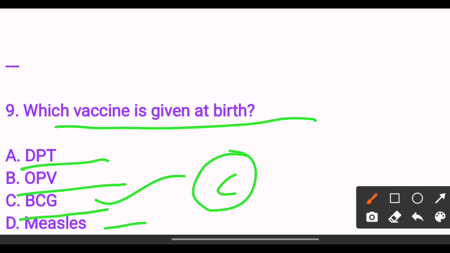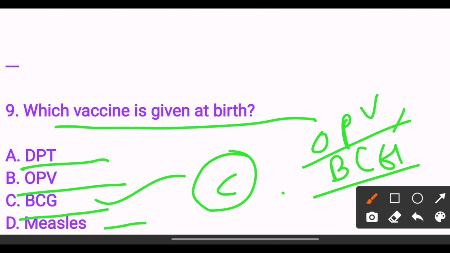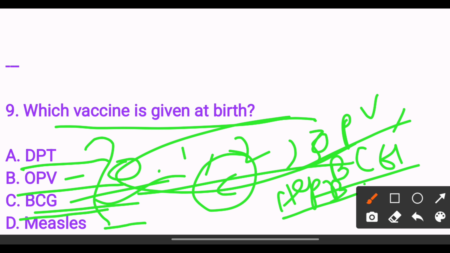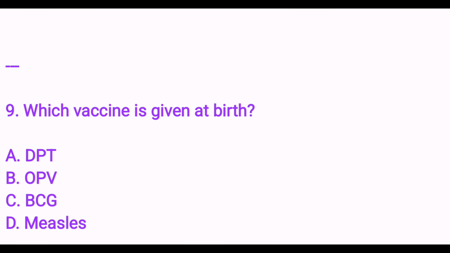In general, we give OPV, BCG and hepatitis B at birth. But OPV dose 0 is not mentioned here, and OPV has doses 0, 1, 2 and 3. Since they already mentioned BCG, the answer will be option C. Next,